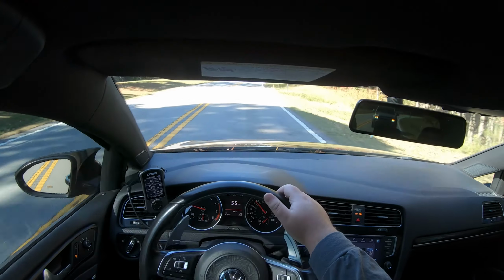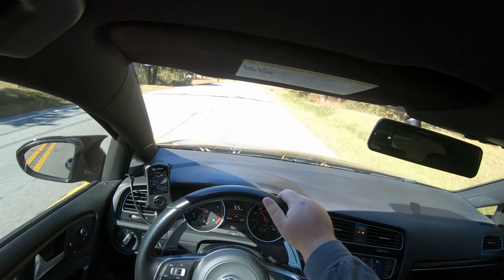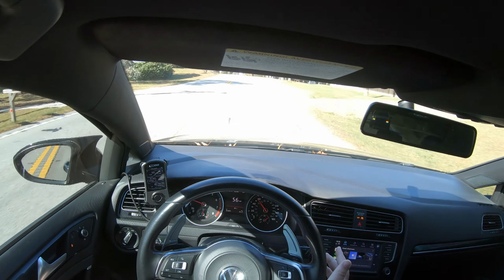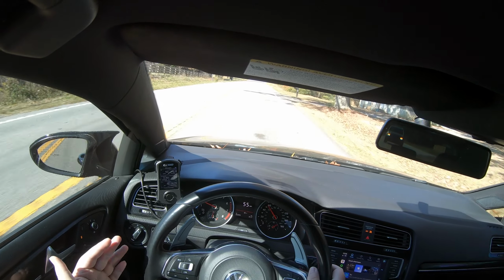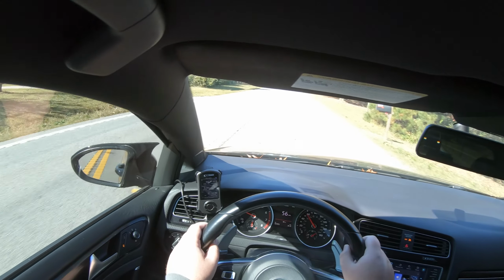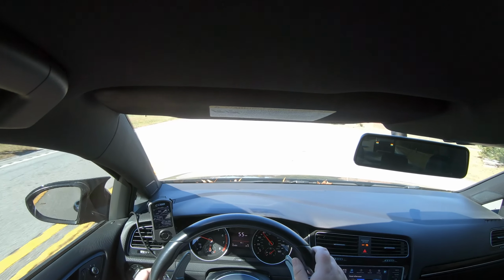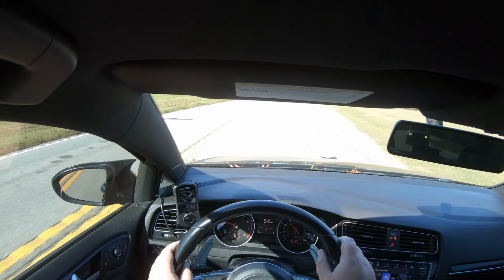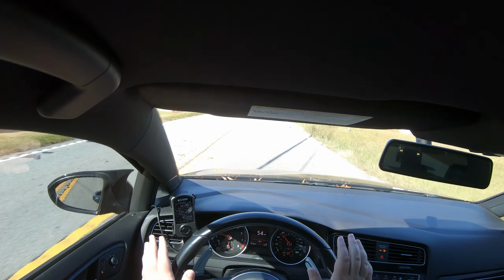I've been working from home for the last, this is going to be the 2nd month in a row, and while that's great, because I'm only driving this for leisure at this point, I'm only driving it because I want to drive it versus I have to drive it, at the same time I'm missing it. For the first little bit with the Mamba especially, I was driving to work with the windows down, traveling under some underpasses, and I would get to hear the 9-blade sing under an underpass, which is just one of the best experiences ever in this car. It's such a fun car to drive now,